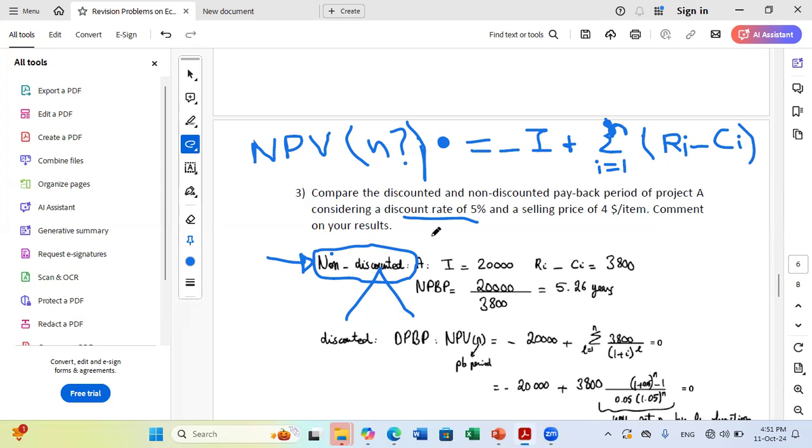Okay, so we say 0 is equal to minus 20,000. And since Ri minus Ci is constant with years, I can just take it outside of the summation. And then I just have to say it's a plus the number of years